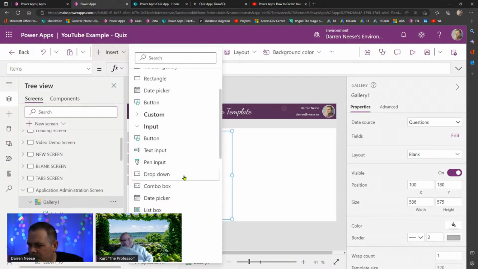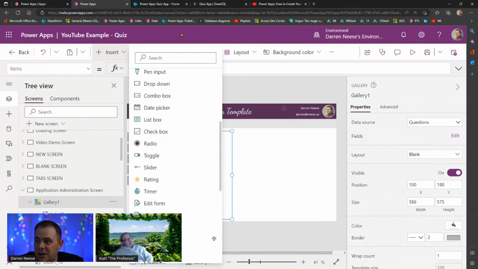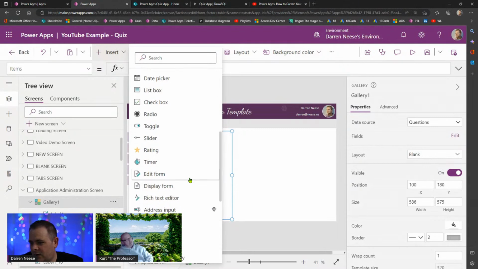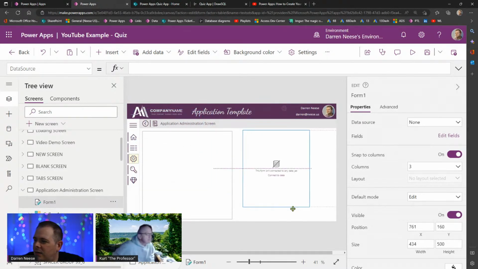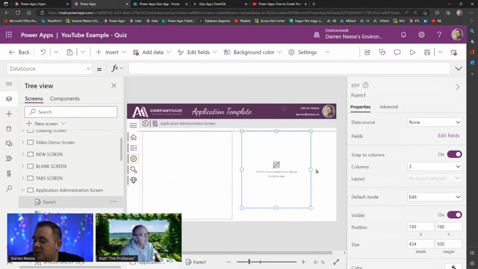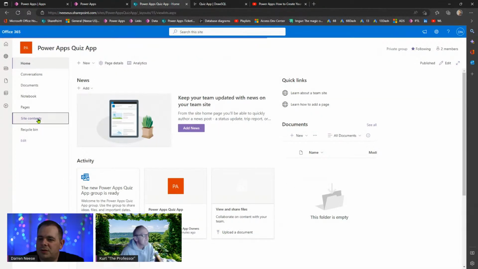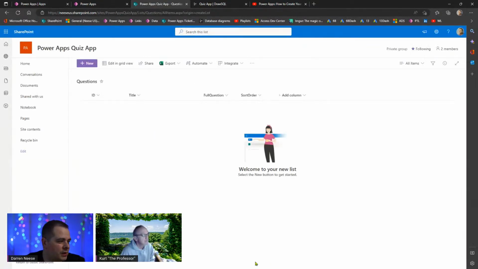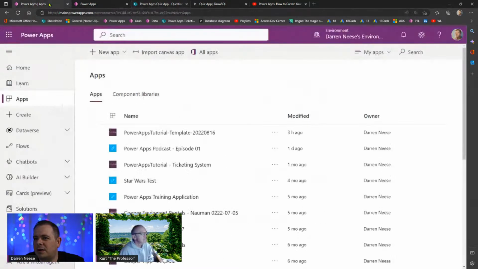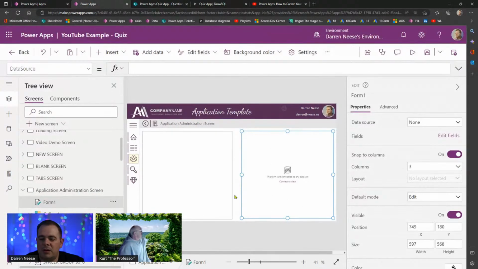I'll say input, and I'm looking for, now Microsoft changed this menu structure around, so sometimes I have a little hard time finding stuff here. Here's an edit form. That's what I'm looking for. And this will make this screen very quick and easy. The reason I'm doing this on this screen is that this really isn't the heart of the application. We could go over to the site contents, go into questions and add 5 questions really quick. But if this is a real app, we probably do want an app admin screen so somebody could